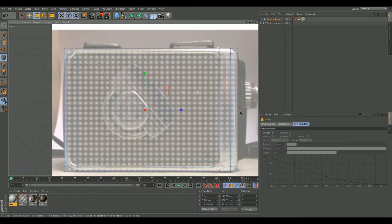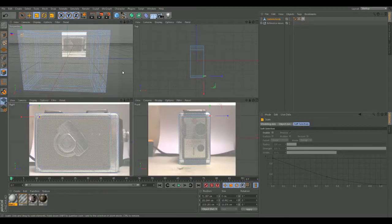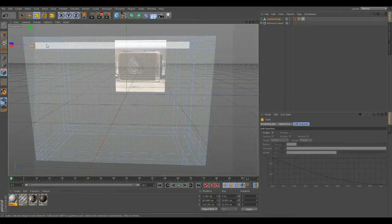Okay, so now that I have that, I'm going to start working on getting that little bit of a lip to it. So I'm going to go ahead and select my face tools, get in the perspective view, and I'm going to select,